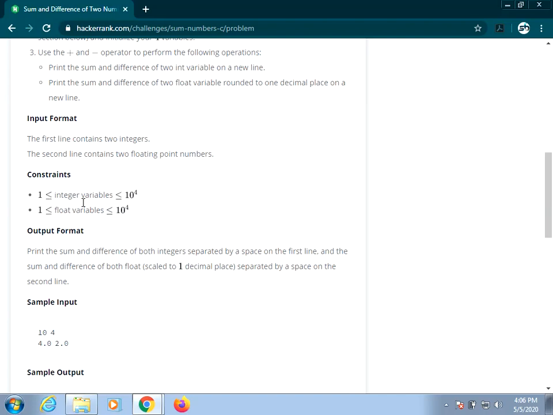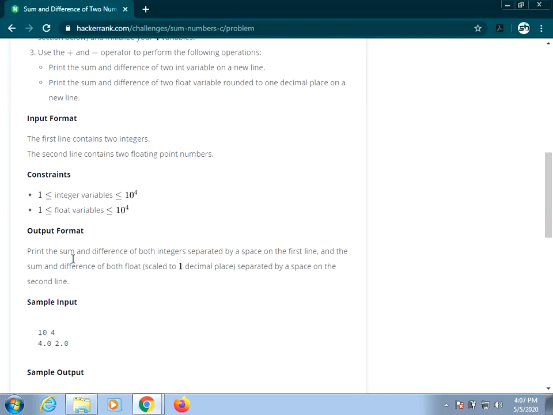This is the main thing which will affect you in your test cases. Not in this problem, but in future problems. Make sure whatever data type you write holds these values. That is, your integer variable should hold a minimum of 1 and a maximum of 10 power 4. If it is not possible for you to hold that, you increase the size of your integer, go for a long int like that. Okay, so that is the thing about constraints. We will have more constraints when you go for complex problems.